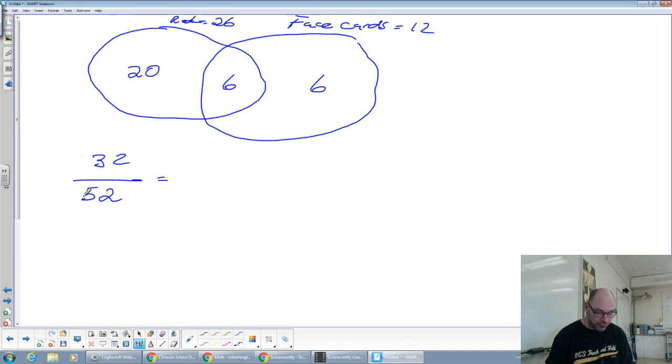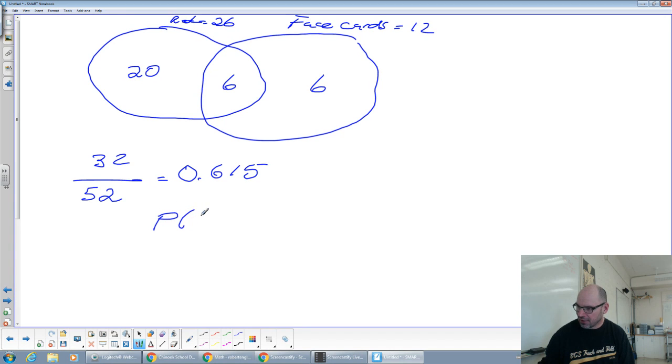9 over, or 8 over 13, or 0.615. Okay, this is the favorable outcomes: red and face card, face card. So that's your total number that are favorable. That's your total cards in a deck. Okay, so if you wanted to use the formula it would be